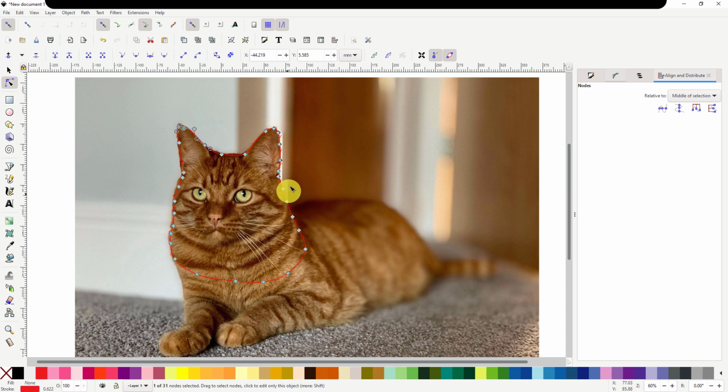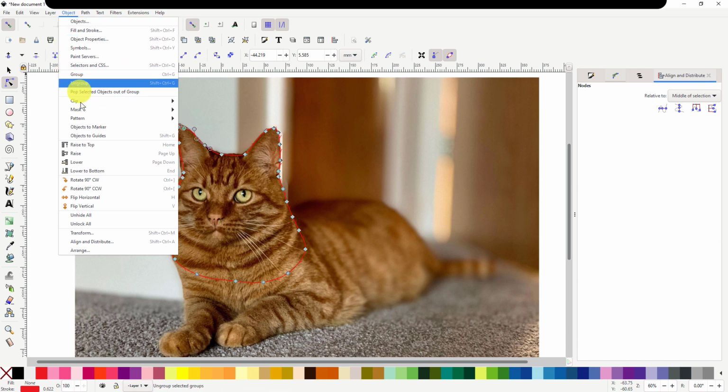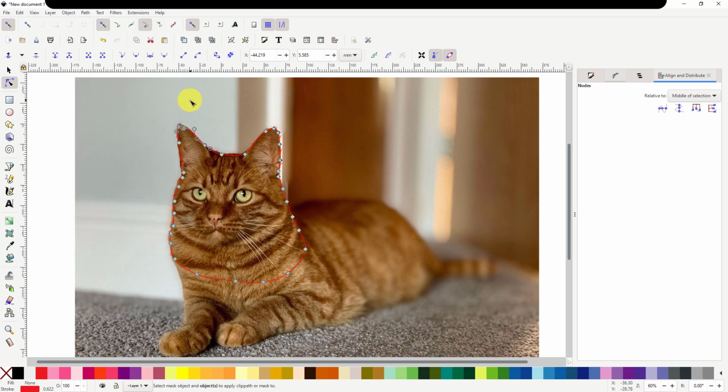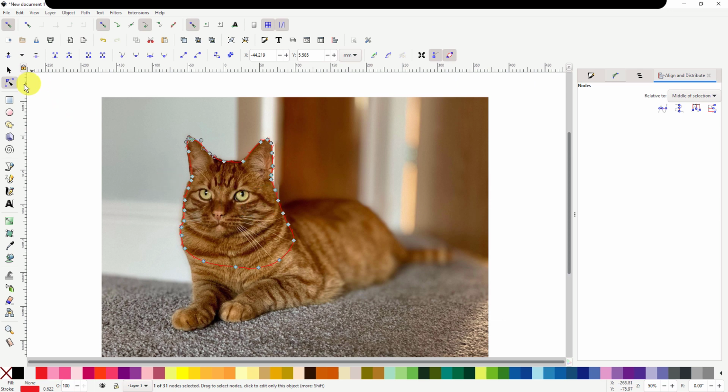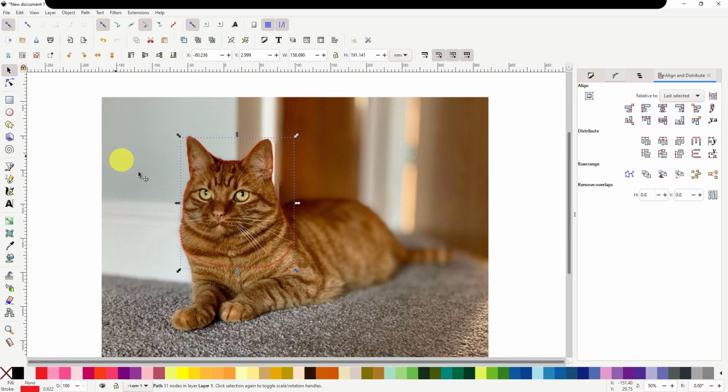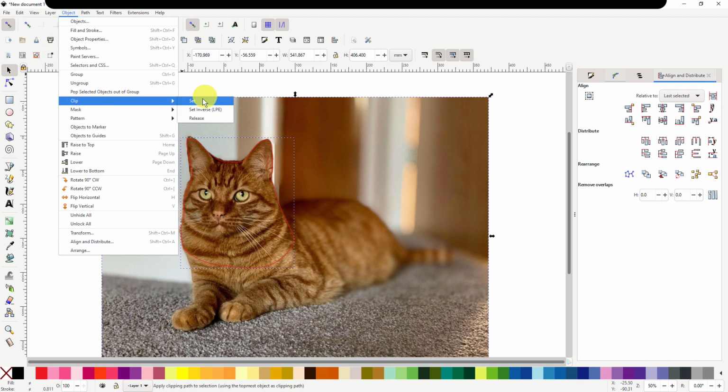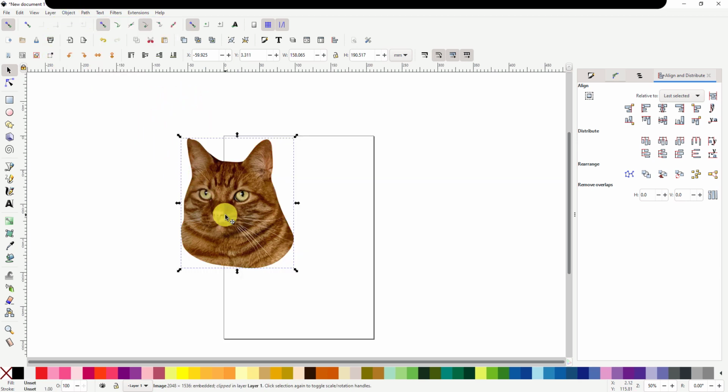So the first option is to go like this, and then we go object, and then we go clip, and we go set. Oh, sorry, I forgot one step here. We select the outline we just drew, hold down the shift key and select the image, and then we go object, clip and set,